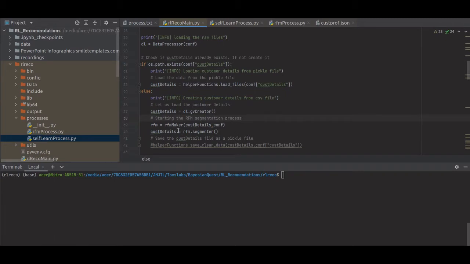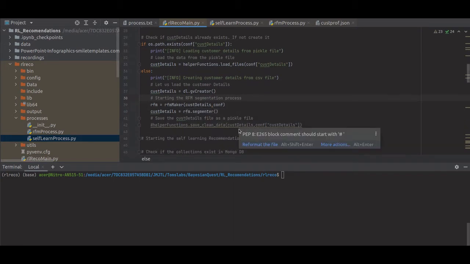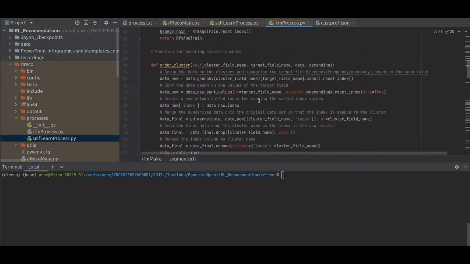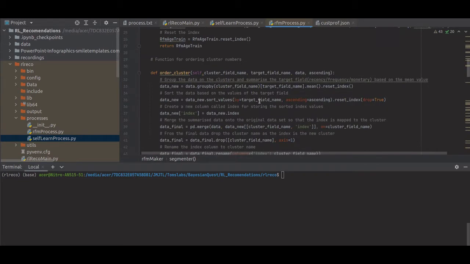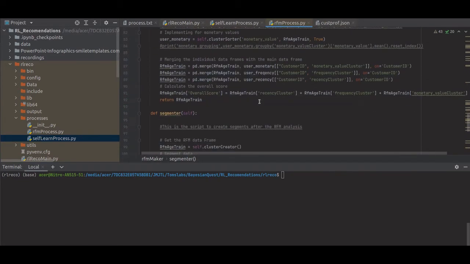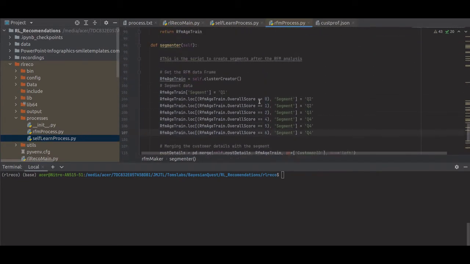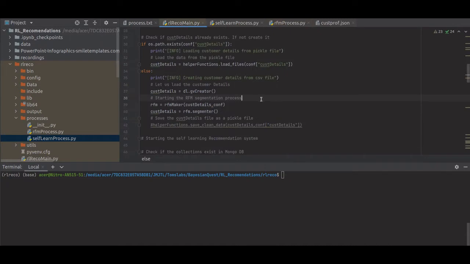Once the customer details are there, next it gets into the customer rfmakers. This is for segmenting the different customers. This is where the RFM maker class comes in, and we use RFM segment. We divide this into different segments and then store and save the data.